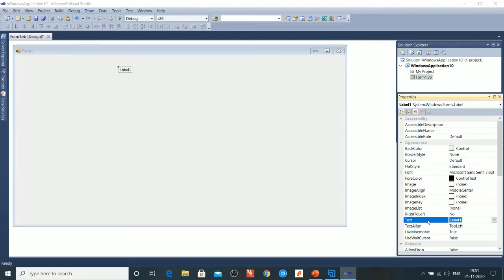Now I am going to type a text. I just type the text as my personal details.